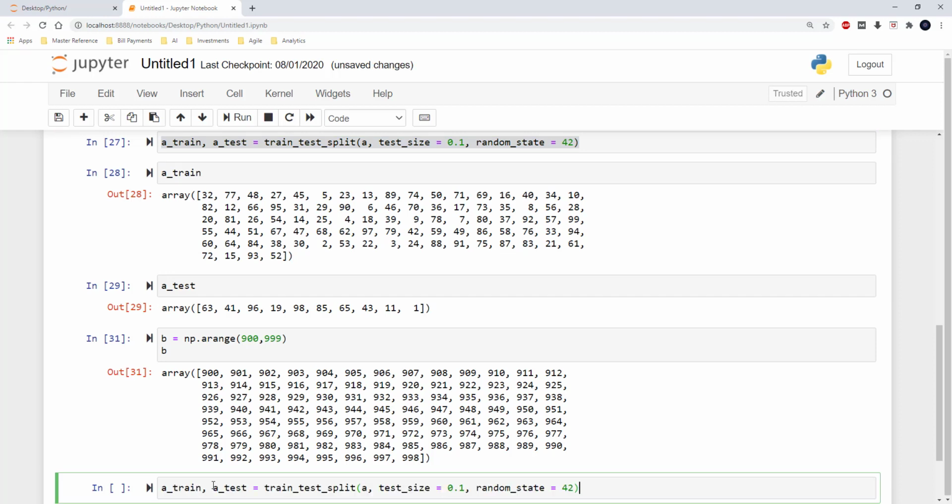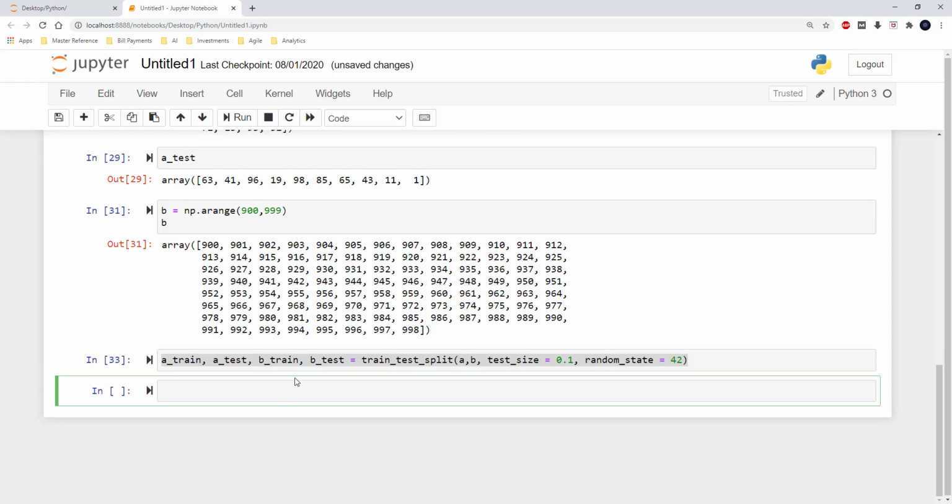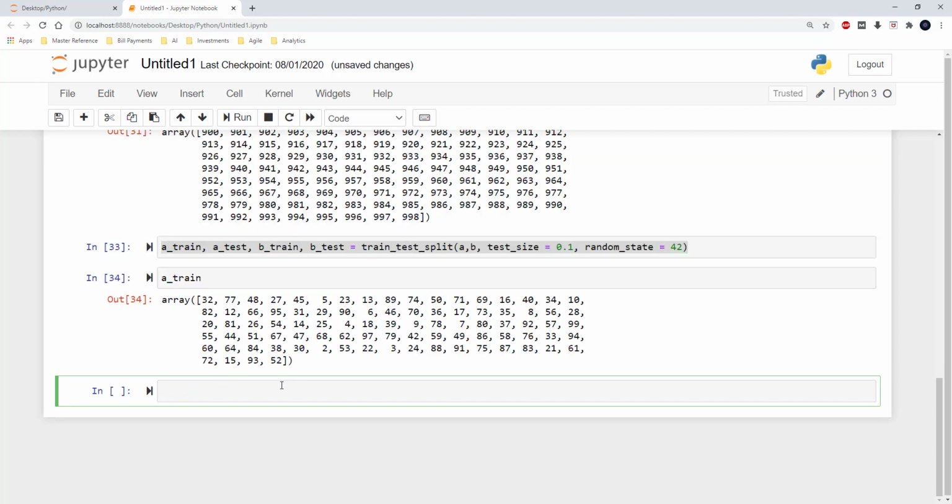So I can use the same line, and here I can give B as one of the parameters, and I can add B underscore train comma B underscore test. So when I run this cell, I get 4 variables out of it, the training and testing dataset for A and B.